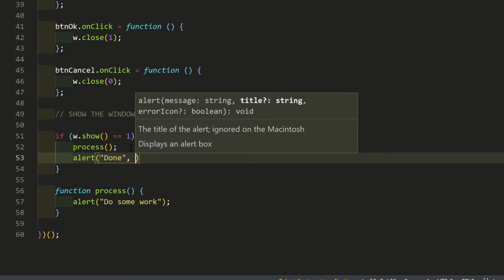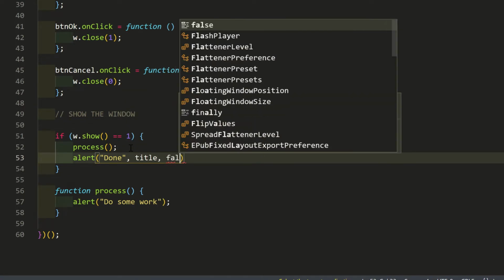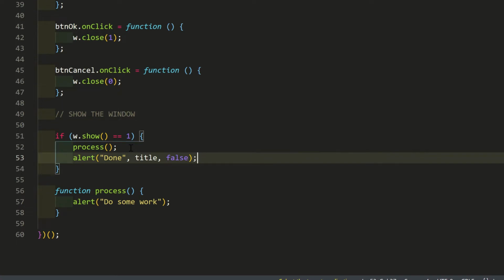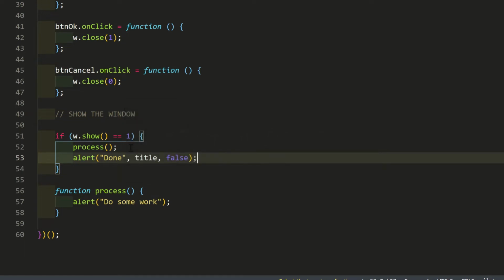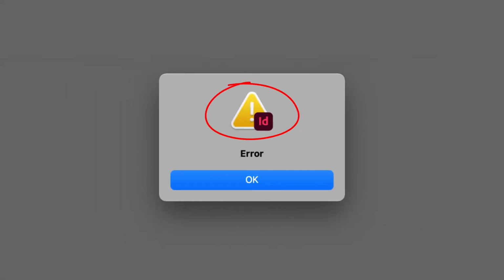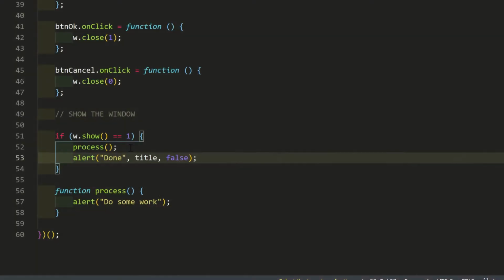You've probably used the alert method many times, usually with simply the text to display. But there are more arguments available. The second argument is the title. On Mac OS, it's not used, but it is on Windows. If you don't supply a title, the window title is Script Alert. Let's make it nice and show the script name. The third argument is also optional. If true, it puts up an error icon and makes an error sound. The default is false, so it's fine to omit. But if you want to alert an error, set this to true.